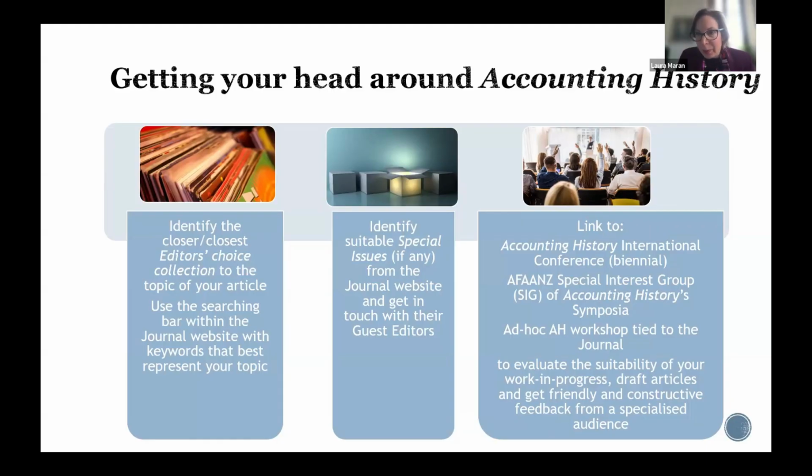Also, if there is a specific special issue in which authors are interested, please make a connection with the guest editors. Another great link for publishing in the journal is the main outlet in which accounting history is debated. For the journal specifically, it is the Accounting History International Conference, which is a biennial one,